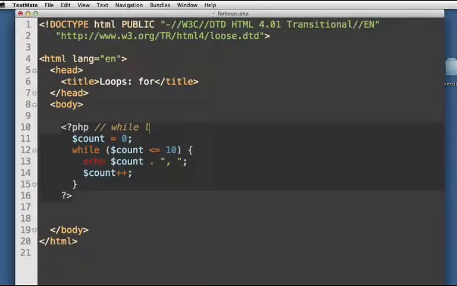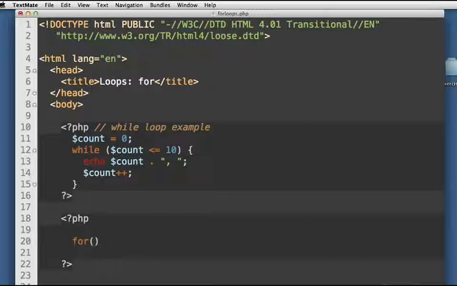All right, now to begin with, I'm actually going to paste in a while loop example. And I want you to see this while loop because the way that it relates to the for loop, I think will help for loops make a lot more sense to you. So let's write our for loop now right below it, and let's try to accomplish the exact same thing that the while loop does. So we're going to have our PHP tags, and then let's start with for,